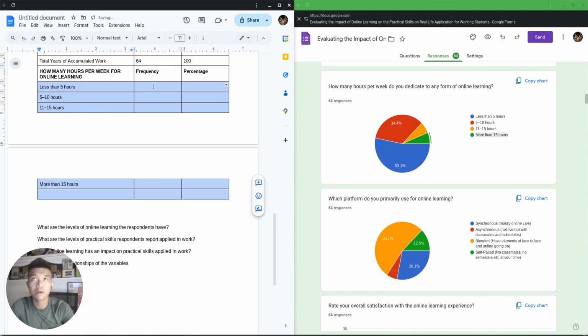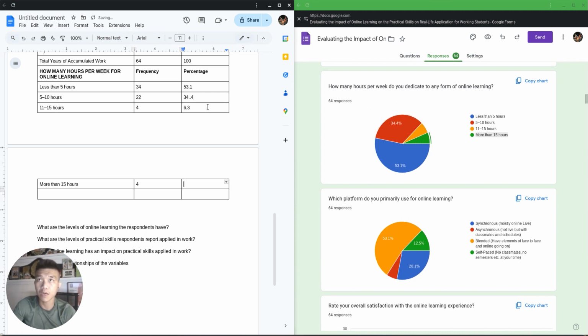Okay. This is 34%. What's next? 22%. 11 to 5 hours. How many for us? 4%. The last one is, yep, the same, 4%. How much is it in percentage? 3.1, 34.4, 6.3, and 6.3. And also 6.3. What do we have here? Total